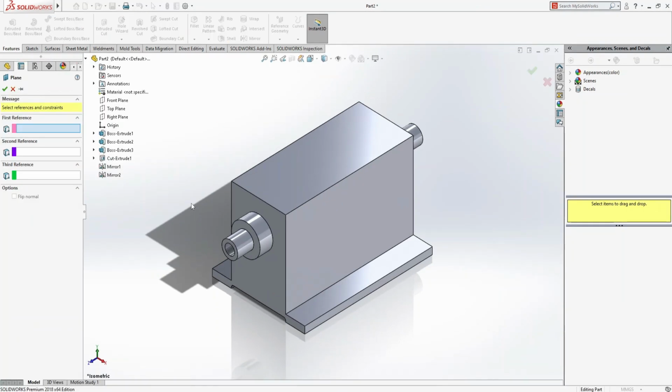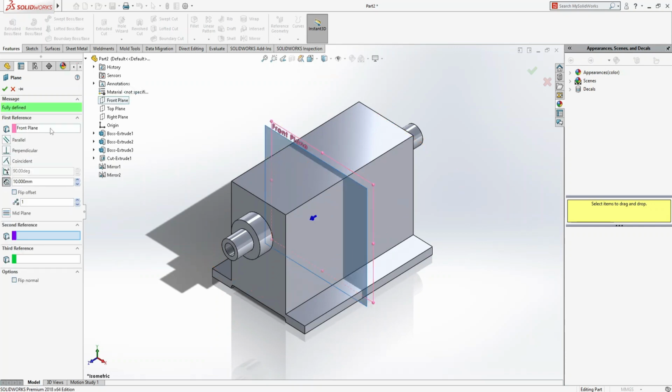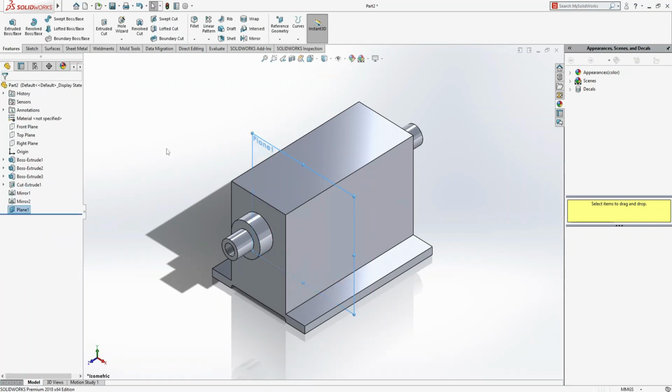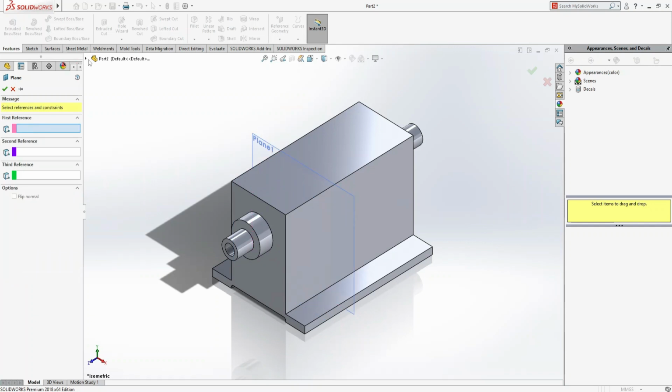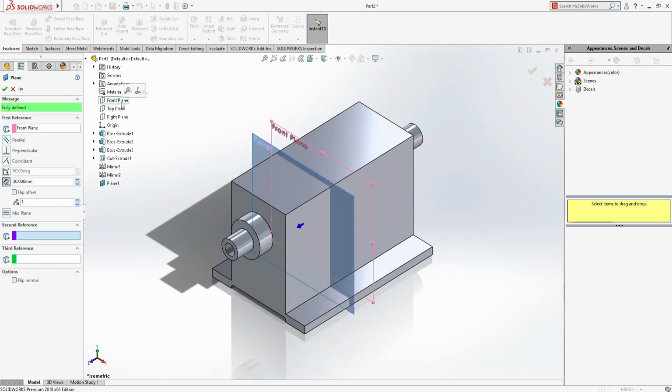We are going to use the front plane for the reference, and this one is going to be at a distance of 20 mm, or let's increase it to 30 mm. Okay, one plane on the left and similarly plane, not from plane one, reference is the same front plane, and this time it's going to flip offset, and okay,